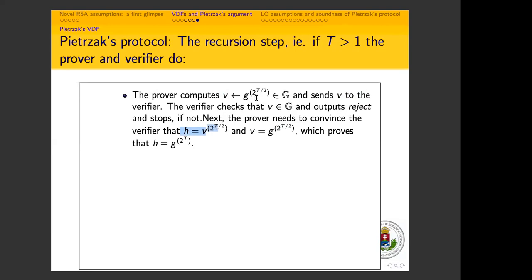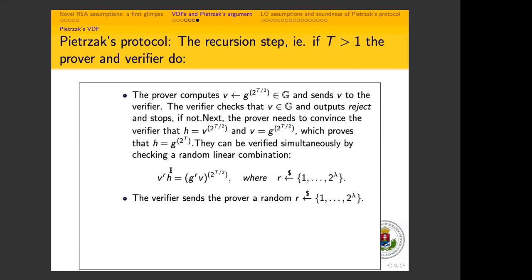But the thing is that now, instead of proving one equality, we need to prove two equalities. So it seems like we are at square one, like we screwed it up. But no, because here we have the same exponent, luckily, so we can verify this. It's a classic trick in crypto. Since these two equalities have the same exponent, we can verify them simultaneously by checking a random linear combination. So the verifier sends an r randomly sampled from this set, and then we just check a random linear combination of these two